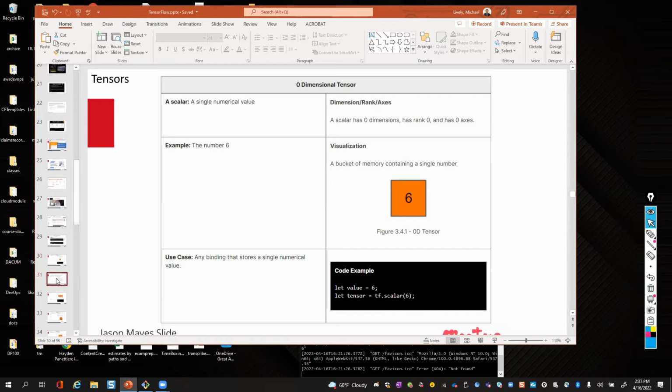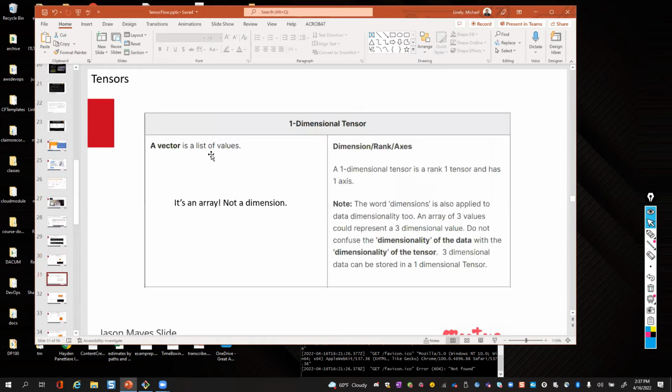The tensor of rank 1 is a vector. It is a one-dimensional tensor. It's of rank 1, but hold on now, that's not really what it is. It's an array. This is where people get confused, because we are used to arrays of numbers. Someone puts a 3 and a 2, so that could be a vector in 2-dimensional space.